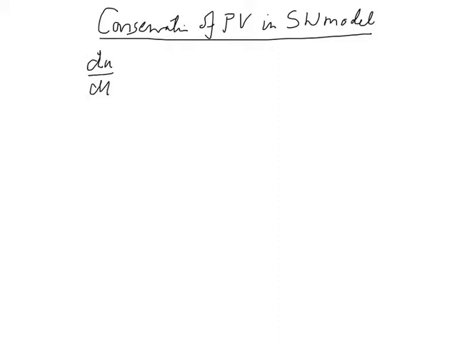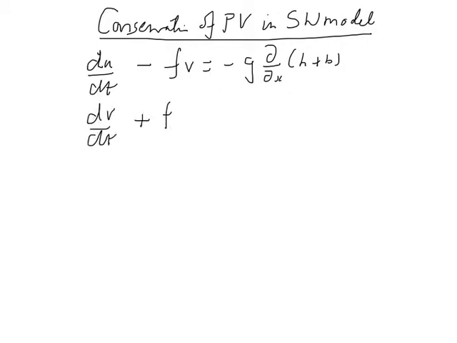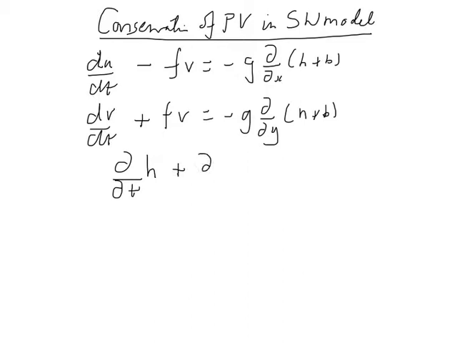This is du/dt minus fv is equal to minus g d/dx of (h plus b), and dv/dt, and these are total derivatives, so they include the advection terms, is minus g d/dy of (h plus b). And then the partial ∂h/∂t plus d/dx of hu plus d/dy of hv is equal to 0,